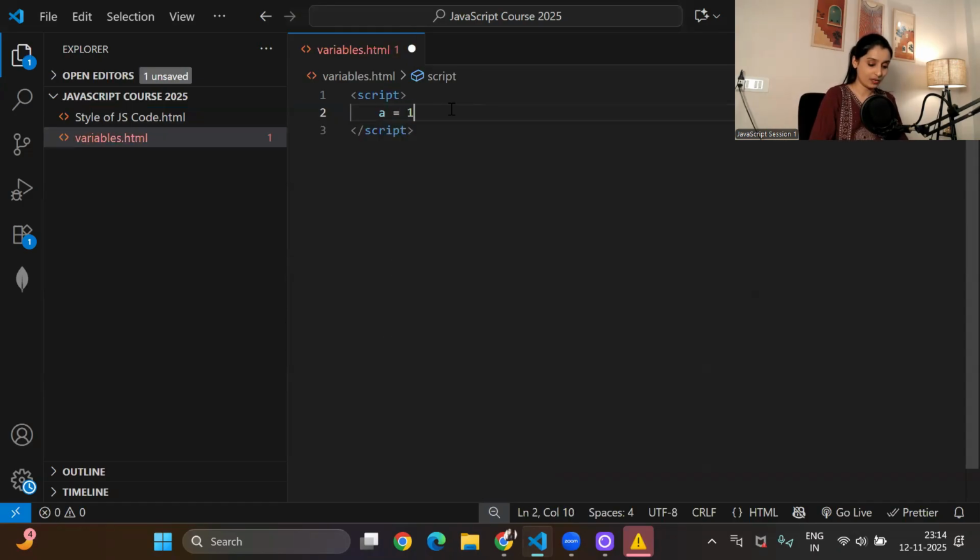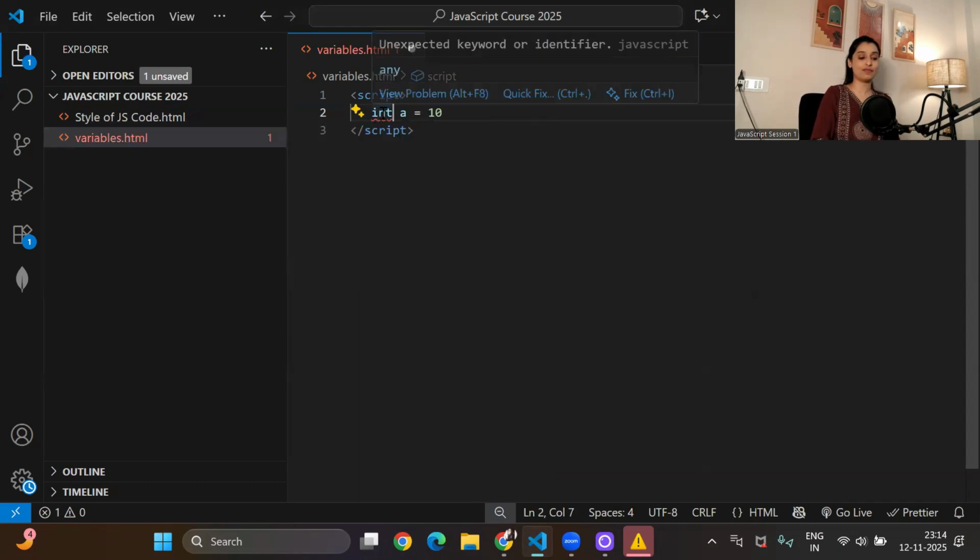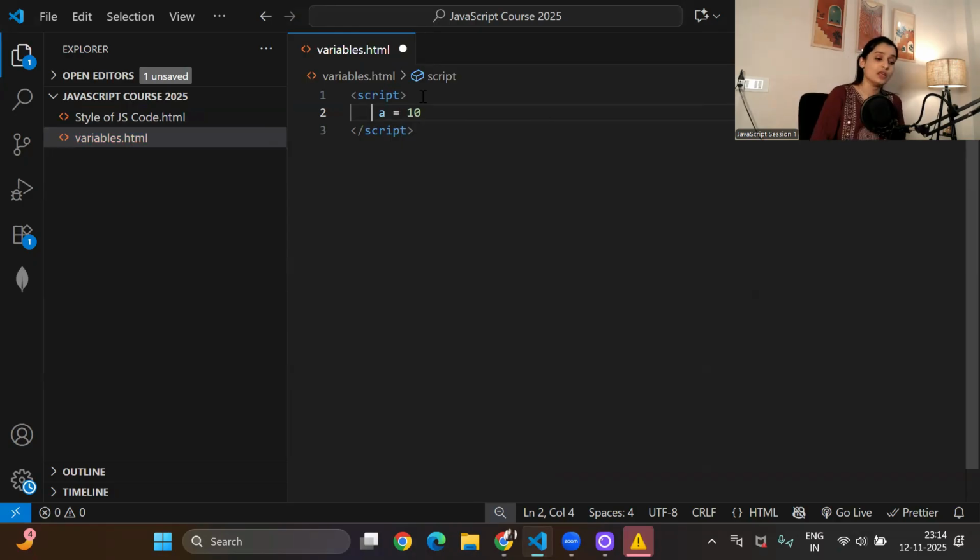A is equal to 10. We no need to mention this A is of type int. Not required. As you can check, we are getting an error: unexpected keyword. So JavaScript won't ask you to declare the data type while declaring variables, because JavaScript is dynamically typed